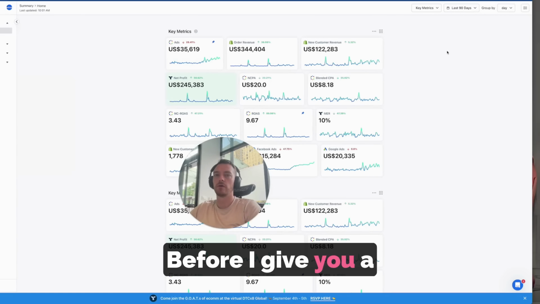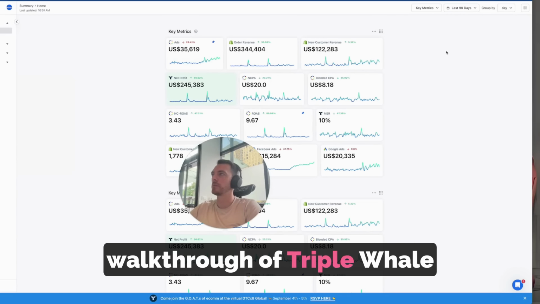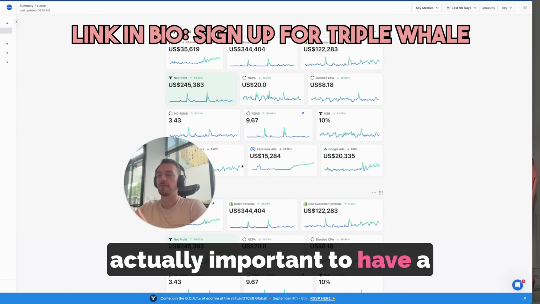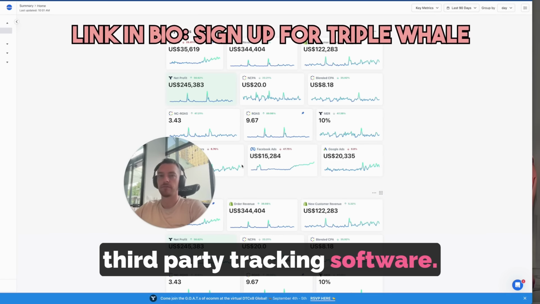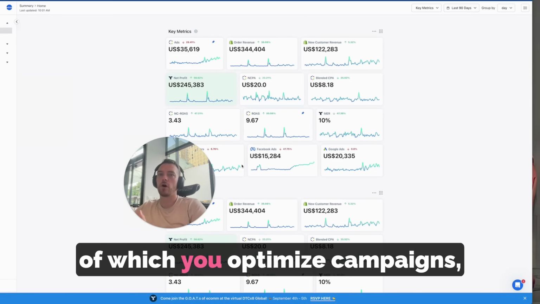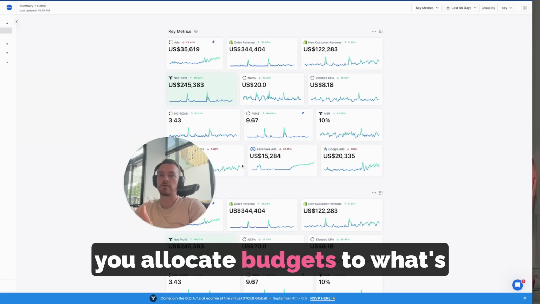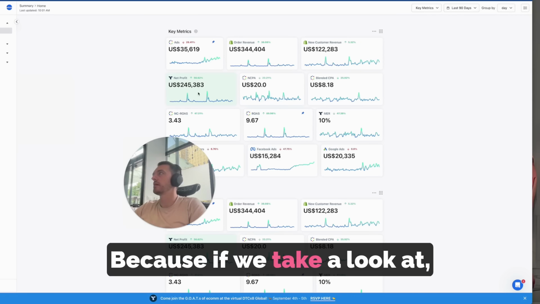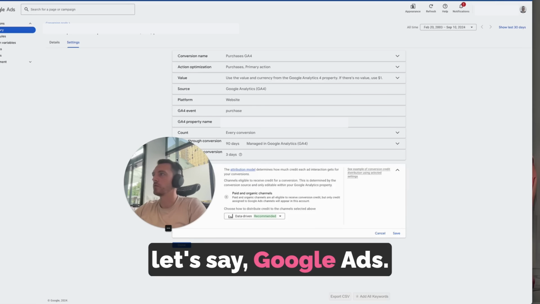So before I give you a walkthrough of Triple Whale, I want to touch on why it's actually important to have a third-party tracking software. A third-party tracking software allows you to set up a baseline off of which you optimize campaigns, you allocate budgets to what's performing off of one baseline. Because if we take a look at, let's say, Google Ads,